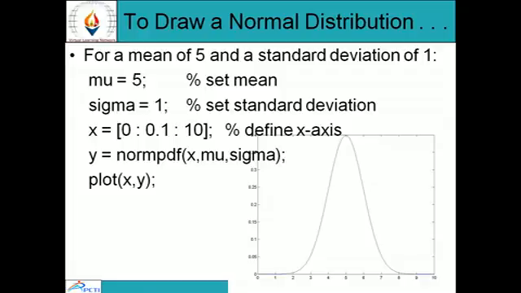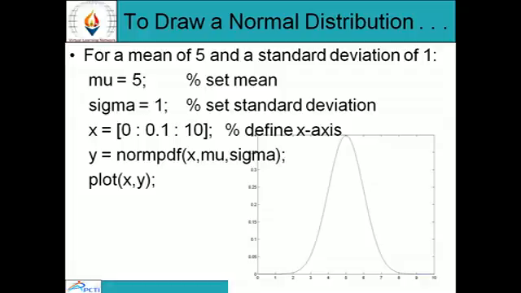Like this curve, this portion is known as the skewed portion and this is also known as the other skewed portion. This is the positive portion and this is the negative portion. And here is the mean value, which is equal to 5, and that is mu in terms of